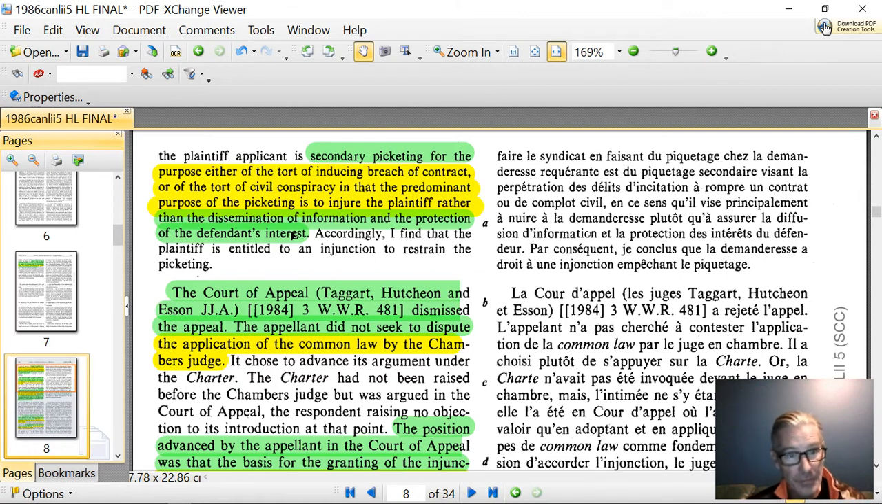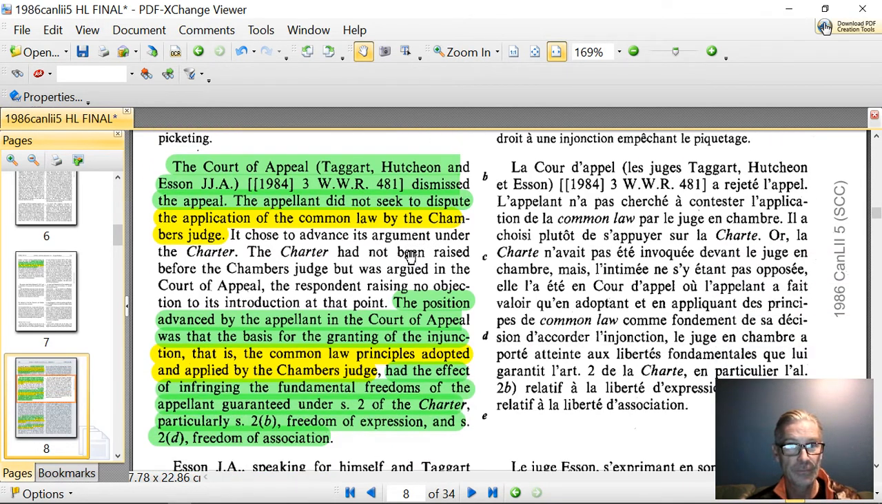So they're saying the secondary picketing was the tort of inducing breach of contract as well as civil conspiracy, because the purpose of the picket was to induce harm. It wasn't the dissemination of information and protection of the defendant's interests. So the picketing was intended to do harm and also breach the contract from the delivery company to the store it was delivering to. The Court of Appeal